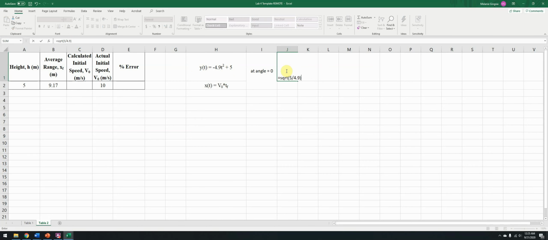So in other words, in Excel lingo, that would be equals square root of 5 divided by 4.9. Okay? And we get 1.01. All right? And this is t final. Okay? Now we move on to the next part of solving for VO, and that's using the x of t